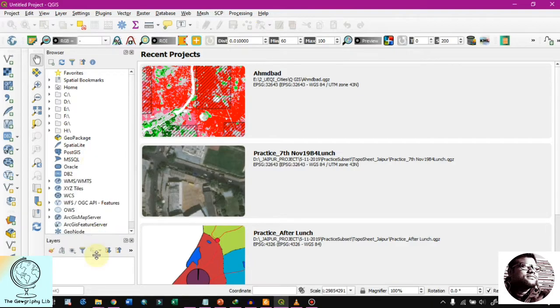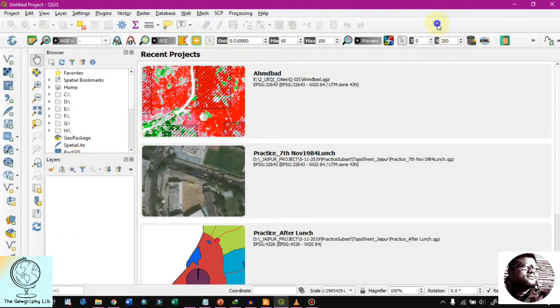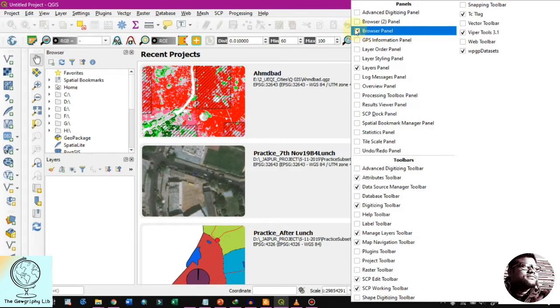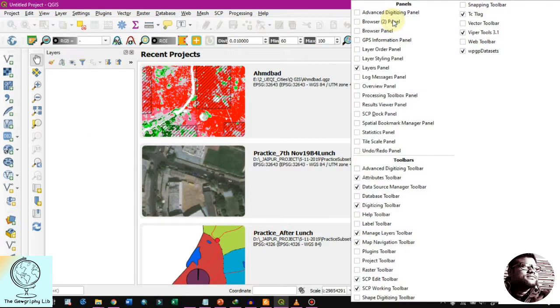So this is another option if you want to add or remove any kind of the panels regarding the toolbars or the browsing panels. Then you have to right click here and simply check all these things which you need for the GIS